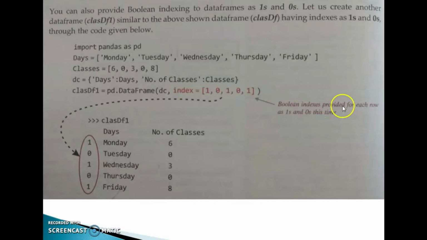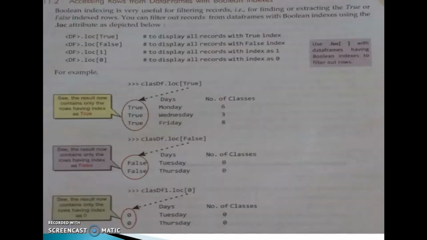Boolean indexes provided for each row as ones and zeros this time. Instead of true or false, we used ones and zeros here. Then we can see the index as 1, 0, 1, 0, 1. Normally, the columns are days and number of classes. Okay, clear?